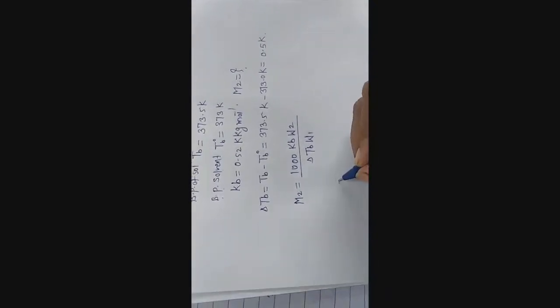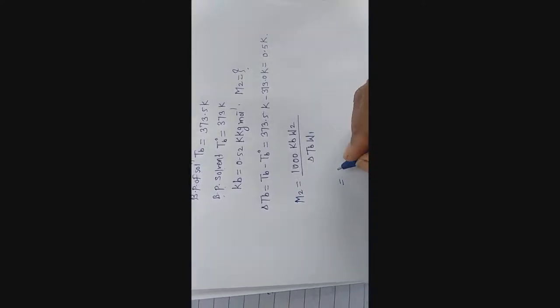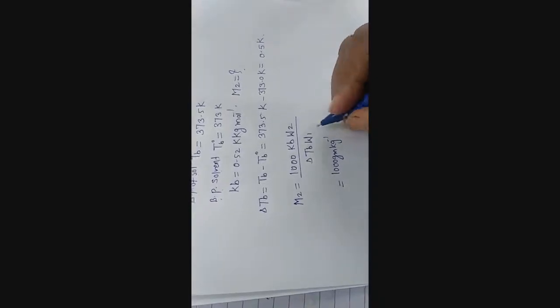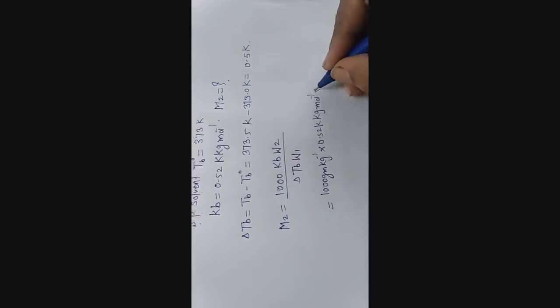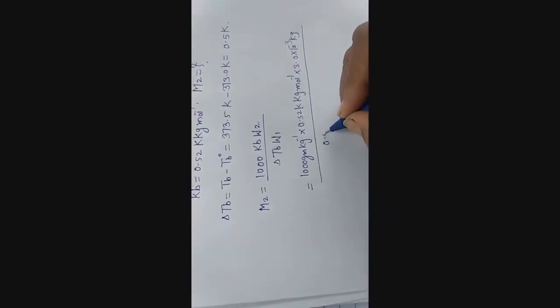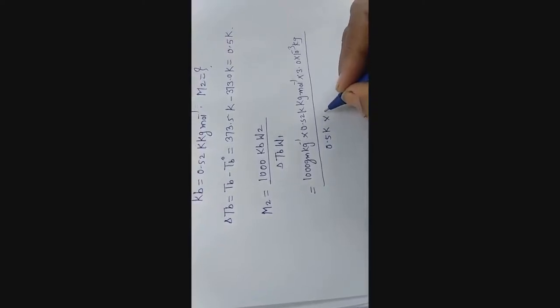Okay, so we are going to put the values, that is 1000 gram per kilogram into Kb 0.52 Kelvin kilogram per mole into W2. W2 is the weight of solute, equal to 3.0 into 10 to the minus 3 kilogram, upon delta TB. Delta TB value is 0.5 Kelvin into W1, weight of solvent is 50 into 10 to the minus 3